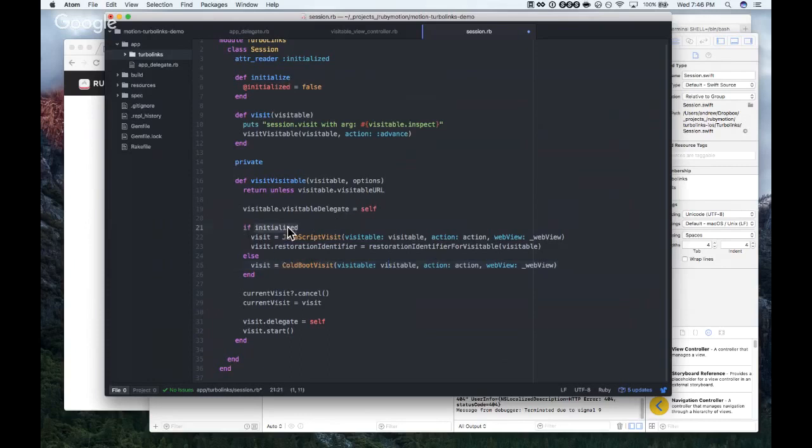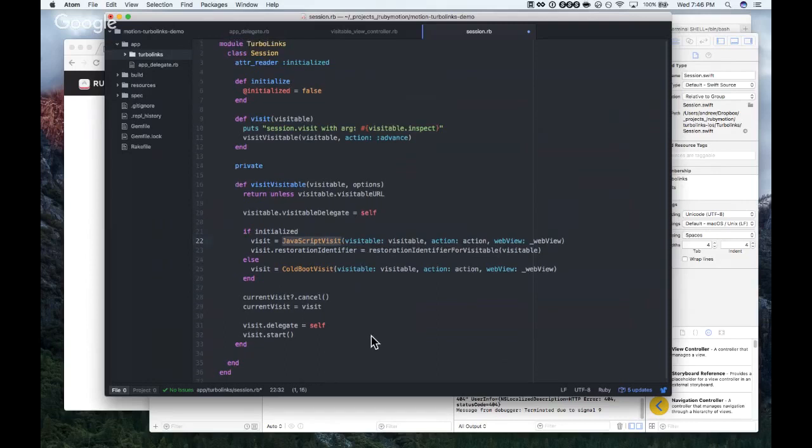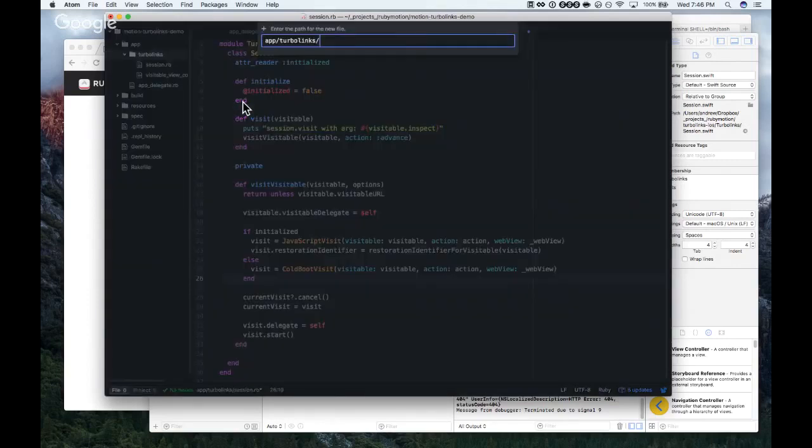So now we have if initialized JavaScript visit, and a cold boot visit. Okay, that's the difference. We haven't initialized our app yet, so this is going to be a cold boot. We're cold booting our application for the first time. We're opening up our first view controller. So something different is going to happen, I guess. So let's define a TurboLinks cold boot visit.